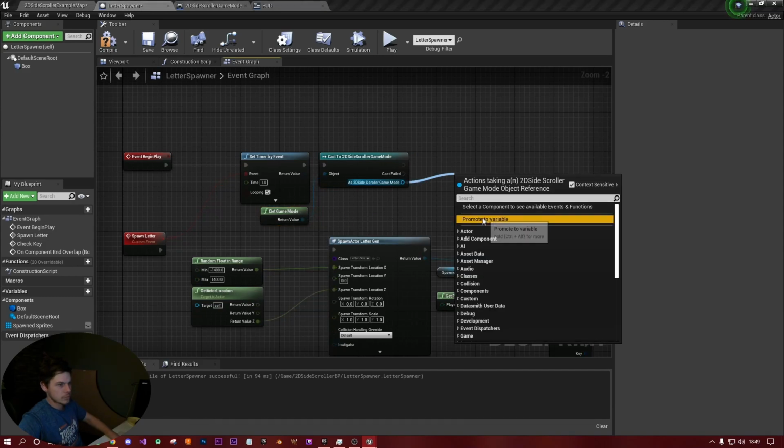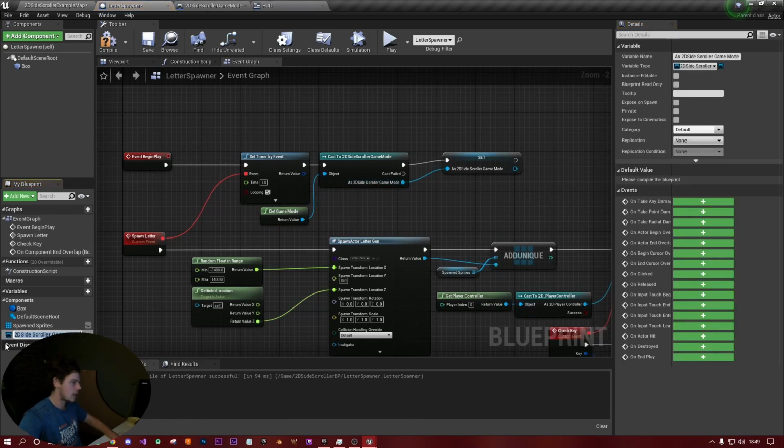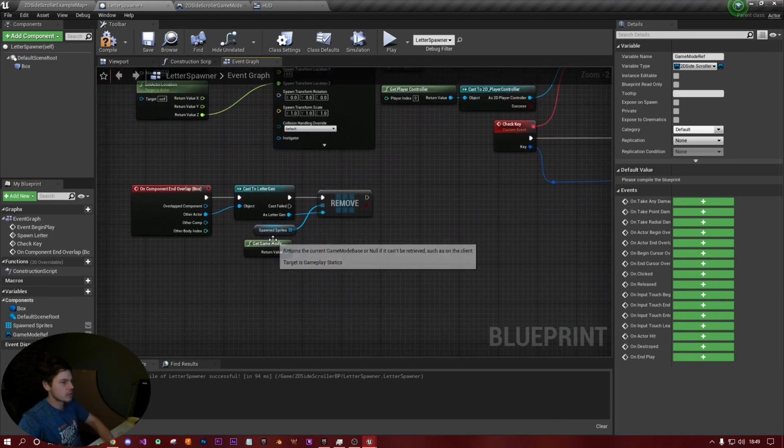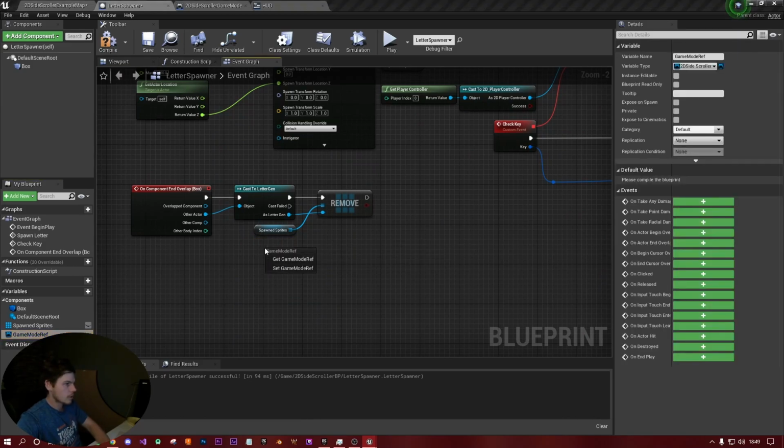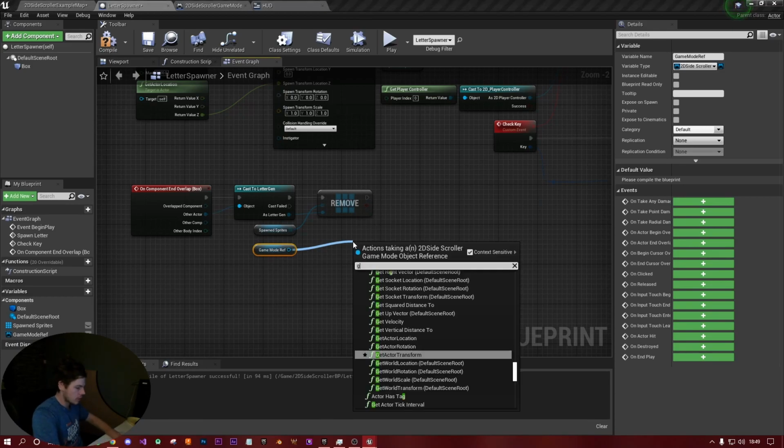And then let's just promote this to a variable as game mode ref, and then we can use game mode ref everywhere instead of using this game mode thing. So let's get game mode ref, and this time we want to get health,